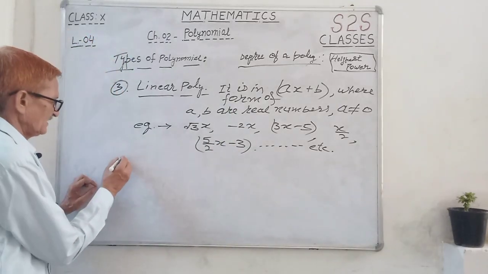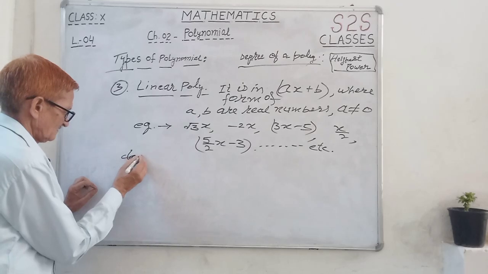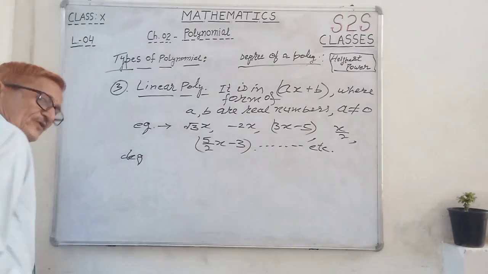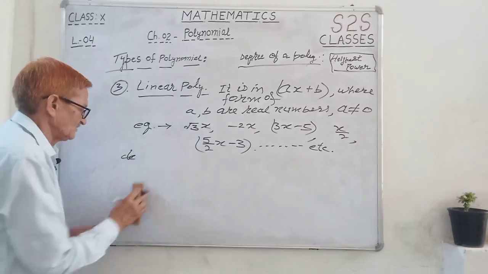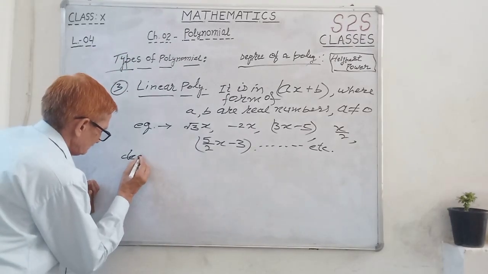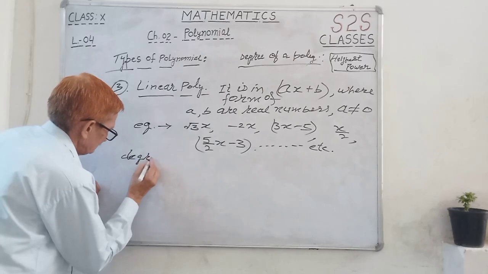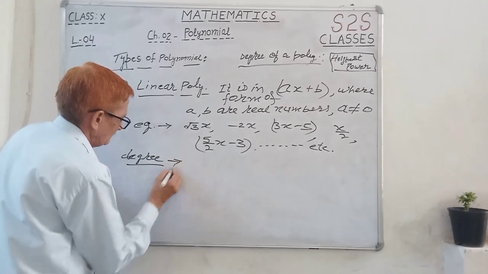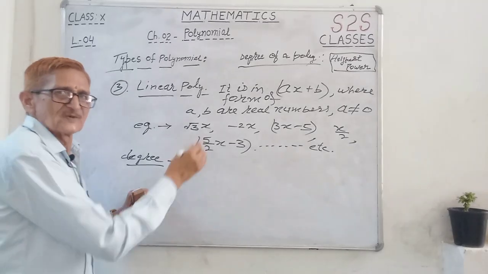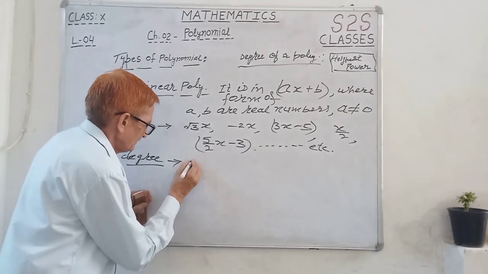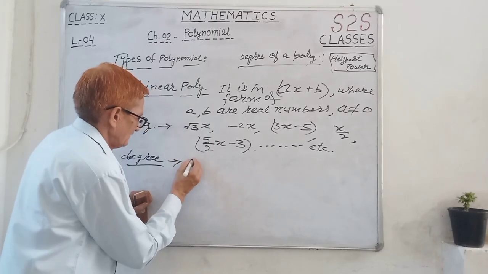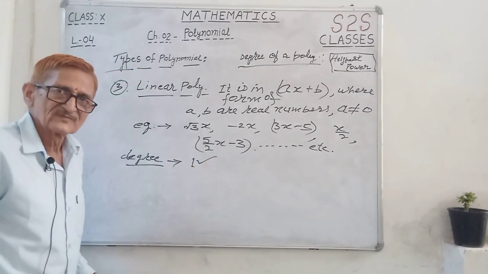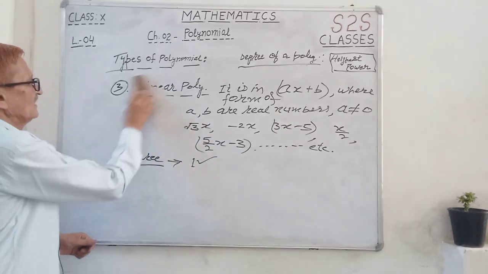So here we can say the degree of the polynomial. What will be the degree of this polynomial? The degree of the linear polynomial is the highest power, which is 1. So 1. Okay. Now next, after linear,